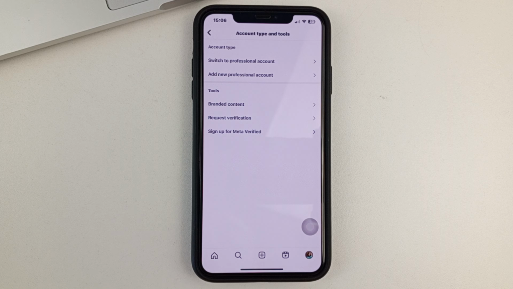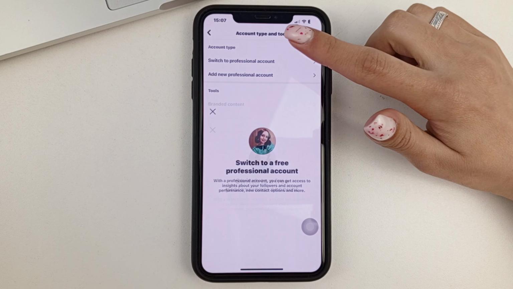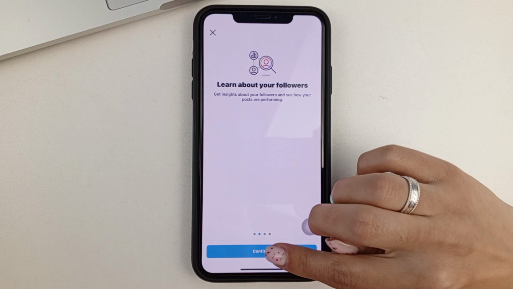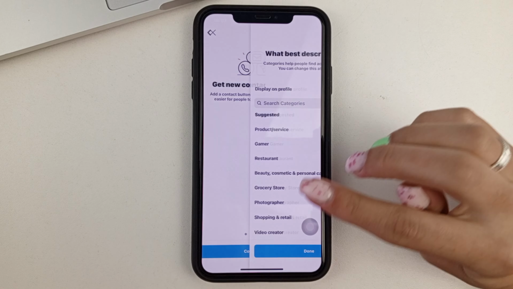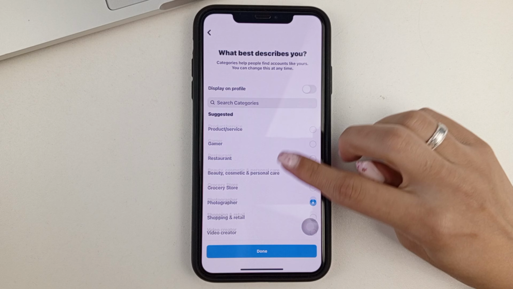What is this for? In order to expand a little bit of customization in Instagram, in order to add different types of your correspondence with people and learn more about the stats in Instagram and other settings. So, you choose to switch to a professional account. Next, you agree to it. Don't worry, it's completely free.